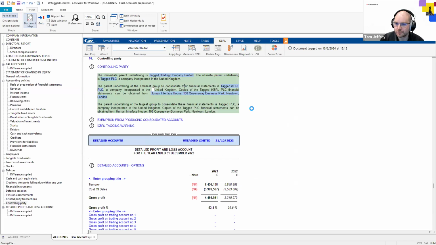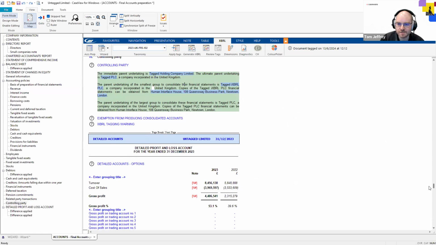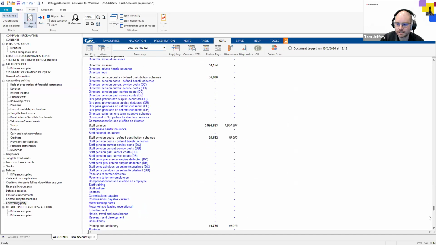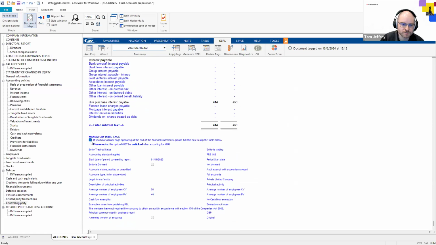Now, I mentioned there about compulsory tags, mandatory tags. Now, we have a section right at the bottom, and this is an error that comes up regularly when you're filing electronically. We've got this section at the bottom, which I've now ticked, and that is for mandatory tags. Of course, we haven't actually filed electronically yet, so you will get a prompt if this is ticked, and it shouldn't be. So this is a section here at the bottom that is talking about your mandatory tags printing or